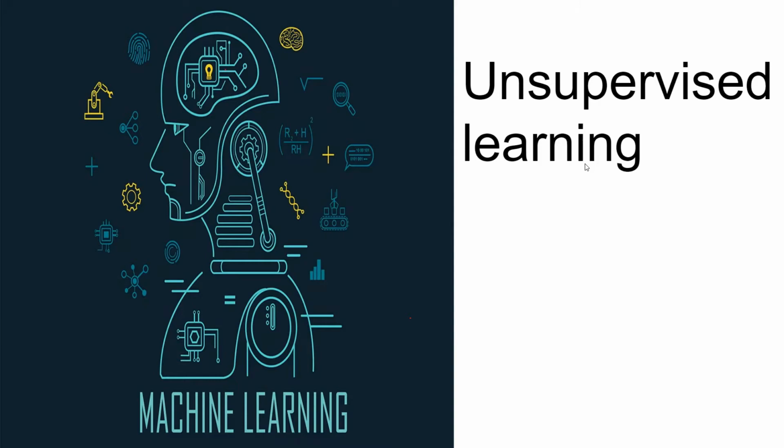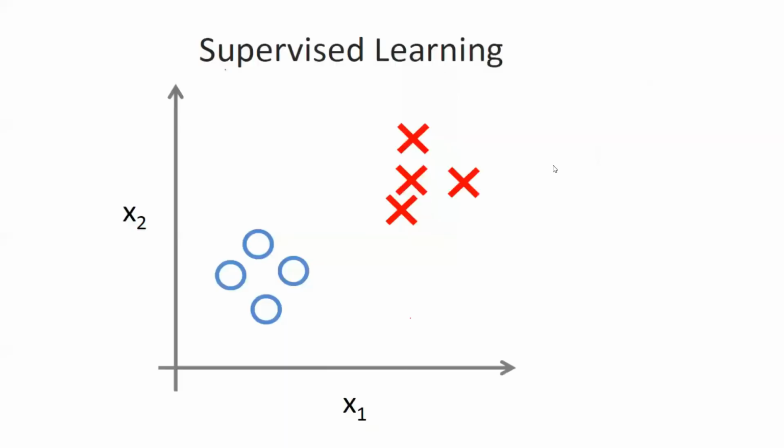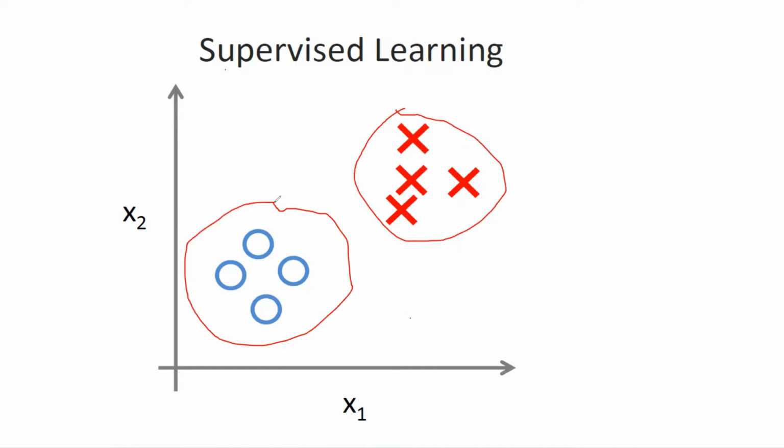In this video, we will talk about the second major type of machine learning problem called unsupervised learning. In the last video, we talked about supervised learning. Back then, we called datasets that look like this, where each example was labeled either as a positive or a negative example, whether it was benign or malignant. So this data shows malignant and this data shows it is benign. So for each example in supervised learning, we were told explicitly what is the so-called right answer, whether it's benign or malignant. In unsupervised learning,